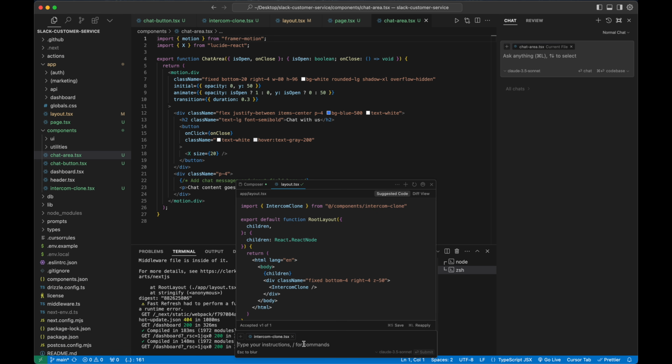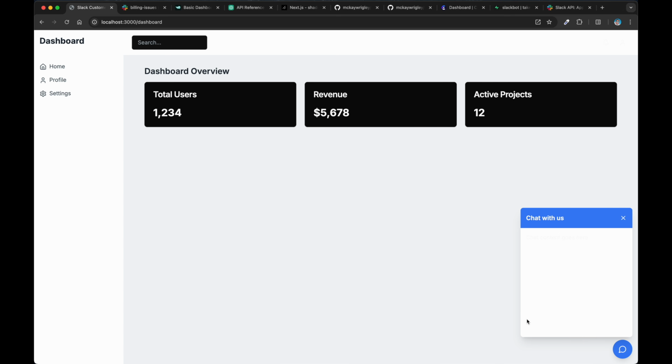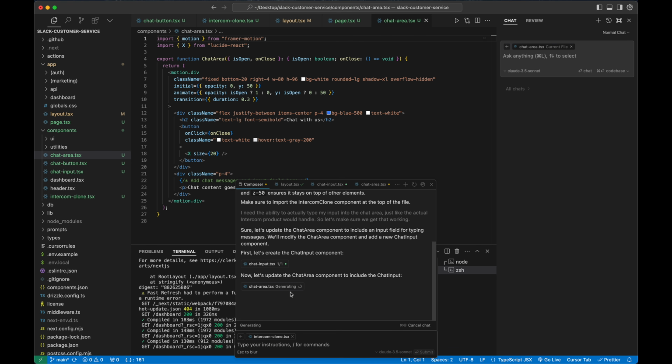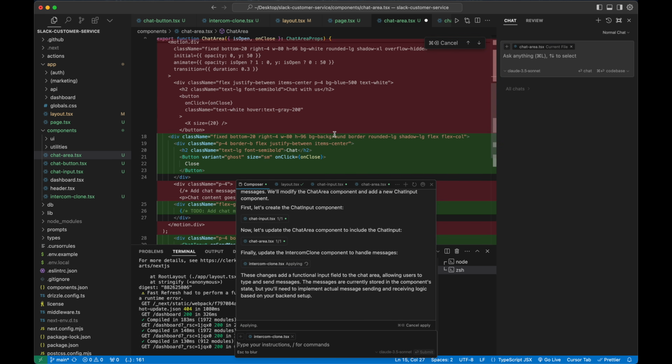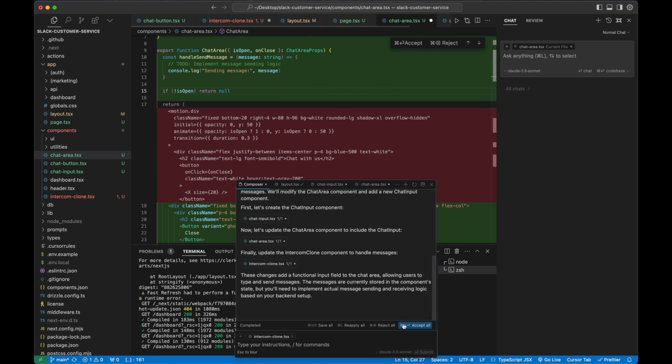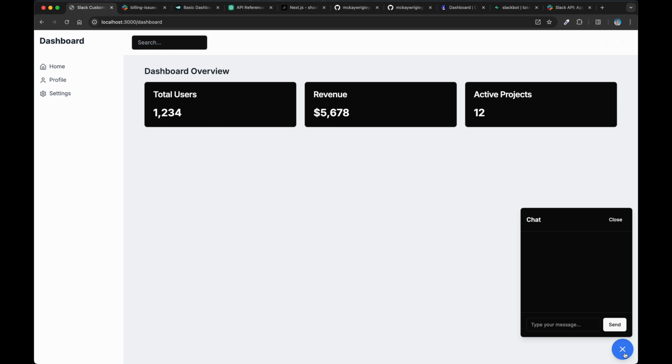So what I can do is say, I need the ability to actually type my input into the chat area, just like the actual Intercom product would handle. So let's make sure we get that working. Okay, because we need a little bit of an input here with a button so that we can actually trigger a chat. Without being able to do that, that is not going to do us much good. So let's go ahead and see what it cooks up for us here. You can see it's writing all of this code. So we're going to go ahead and hit accept there from Composer. Oh, and it even fixed that bug. That's right. Okay, so now if I send hi and hit send, it's not going to do anything yet